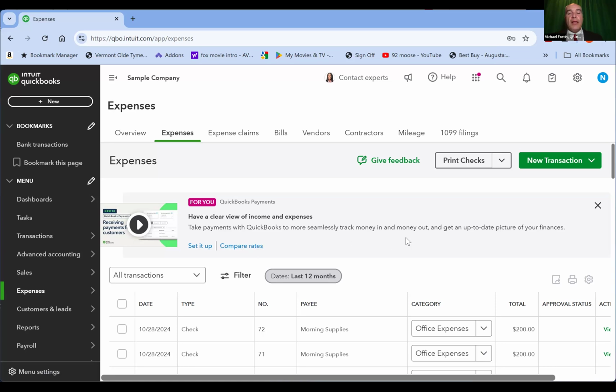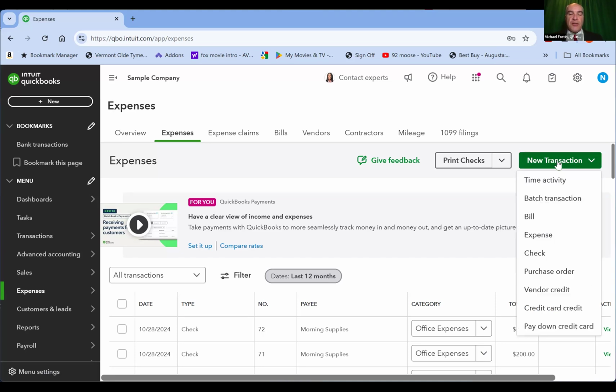So let's go ahead and use the green button in the upper right-hand part of the screen. This is New Transaction. So I'll click on that. I'll click Check.